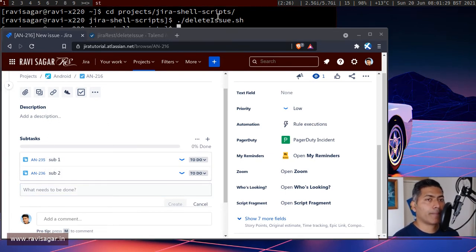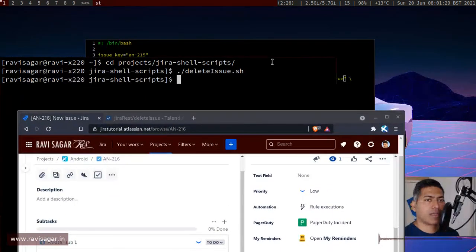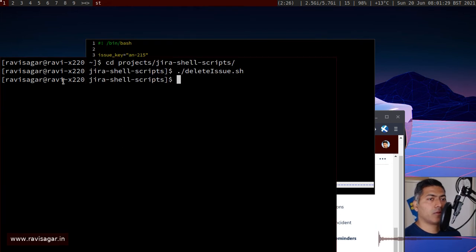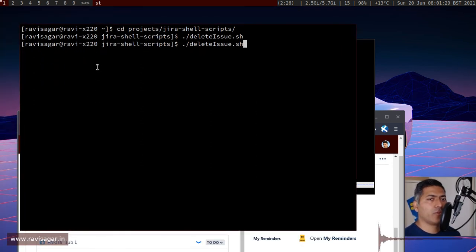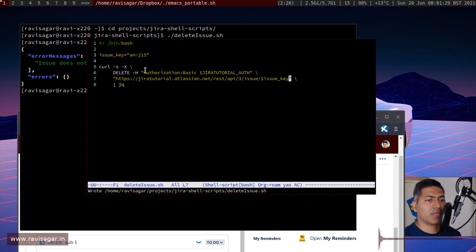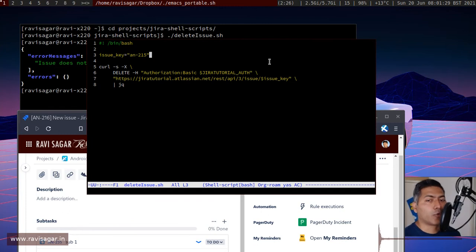So if I go back to my script, let us try one thing. Let us try to delete the issue and run the script without this additional argument. Okay, so let us try if we can. We will probably hopefully get an error, and let us see. Okay, so we have the error here, and it says issue does not exist, or you do not have permission to see it. Makes sense. Oh, I think I did something wrong. So I think I was trying to delete 216. So at least we now know what happened if the issue does not exist or something is wrong.